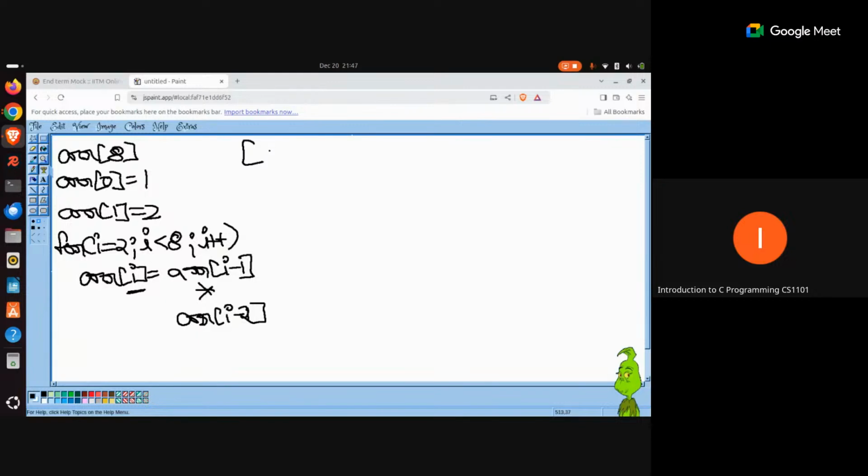So first element is 1, next element is 2. Fine. Now we are talking about ARR 2. ARR 2 is going to be ARR 2 minus 1, which is ARR 1, multiplied by ARR 2 minus 2, which is ARR 0. So what is the value of ARR 1 and what is the value of ARR 0? It is actually 2 and it is 1. These are the first two elements. So what will be the new value for ARR 2? It will be 1 multiplied by 2. It will actually be 2. Do you agree with this?